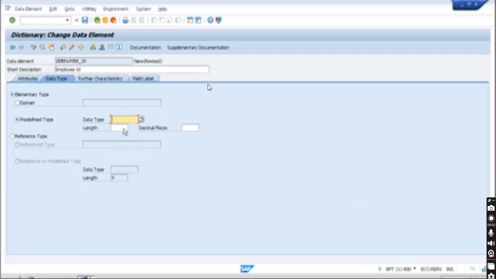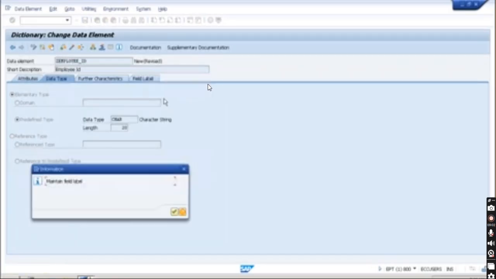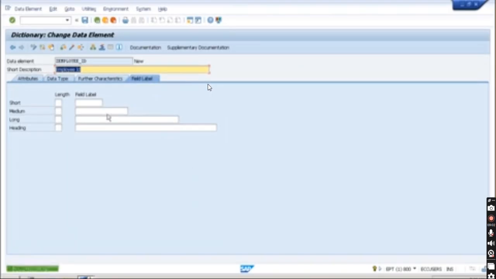All right. So here you can see CHAR 20 maybe, or CHAR over here, and 20 you can give over here. Press enter and just save it. And what you can do, the local maintain level is important. I have told you why it's important, right? Because everywhere, for example, when you are going to create the table maintenance generator, at that time it is going to be